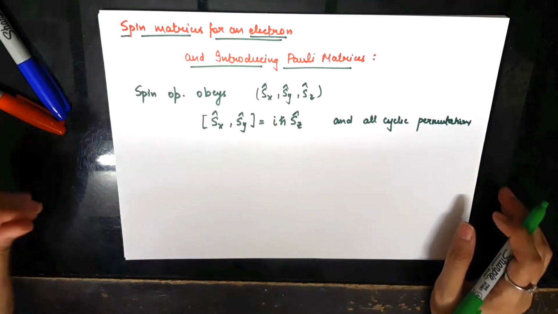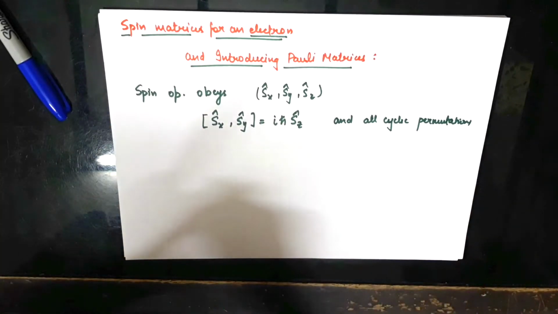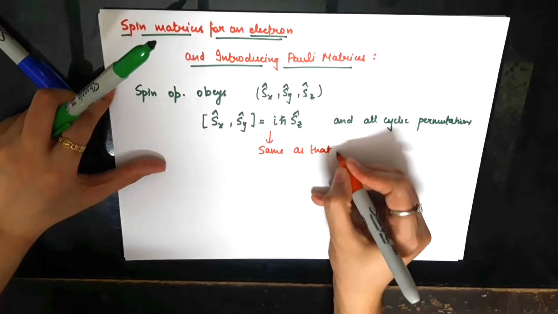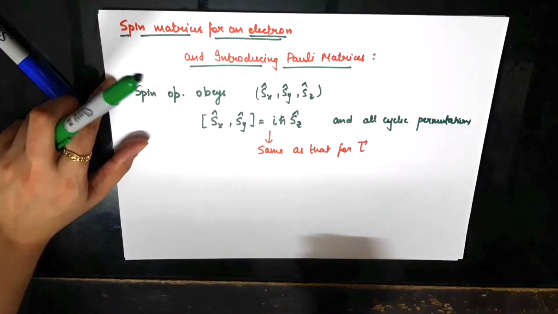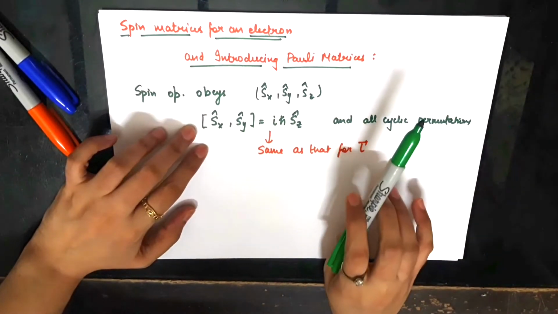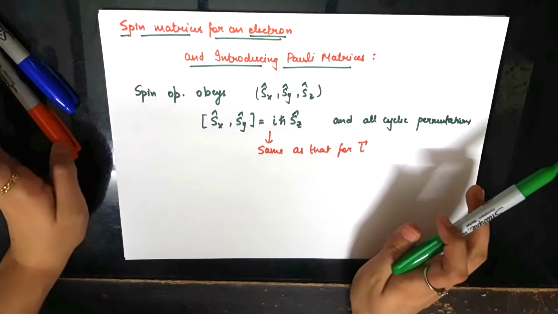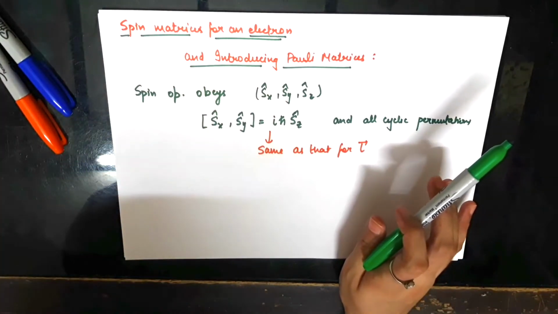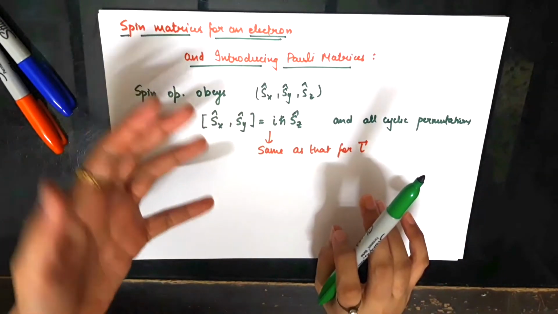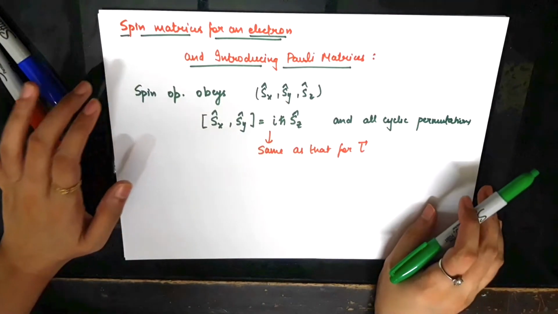These commutation relations are the same as those for orbital angular momentum operators, and this is actually the general condition that any form of angular momentum operator should obey. So if you are claiming that three operators, say Ax, Ay, Az, effect rotation or are a form of angular momentum, then this is the relation that they should obey.